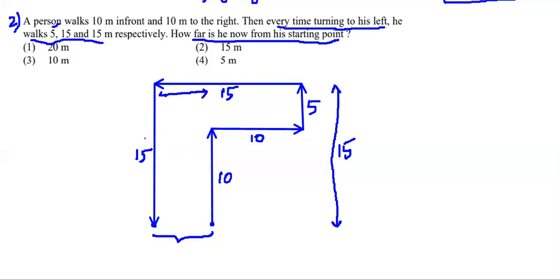And if you see the same 15 meters, he has returned down. The way he has gone up 15 meters, the same distance he has come down. So when we see horizontally like this, he is at the same position, and the distance difference is just this 5 meter.